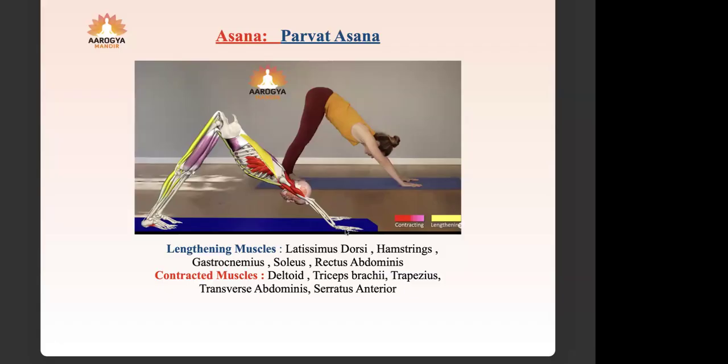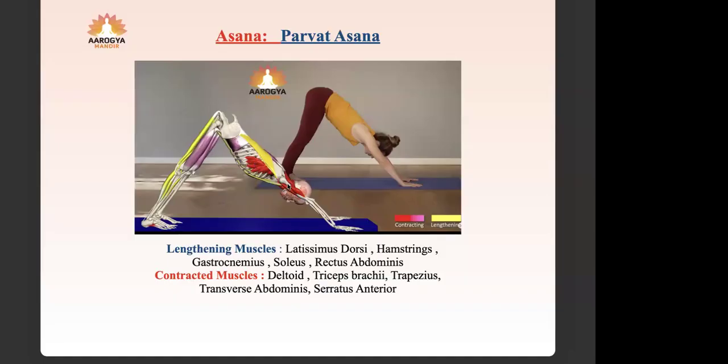But what does one have to focus on? One has to focus on keeping the thumb and the index finger strongly on the floor. You need to press your thumb and index finger strongly on the floor while you're practicing Parvatasana. At the same time, you should contract your shoulders to your best and keep the triceps strong. Some people don't contract the quadriceps, deltoid and triceps, and that's the reason there is no proper lengthening of the